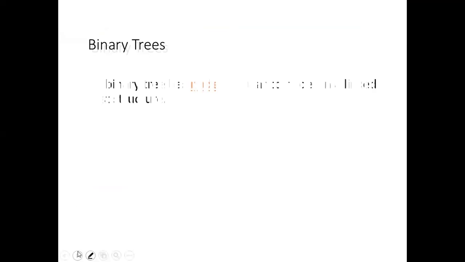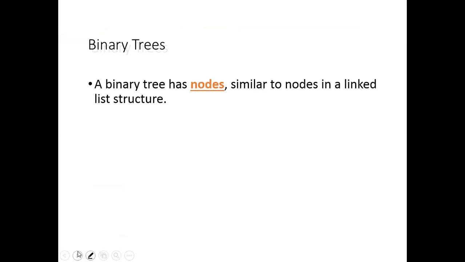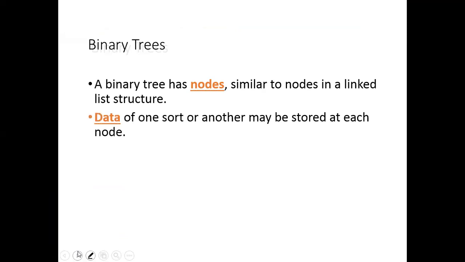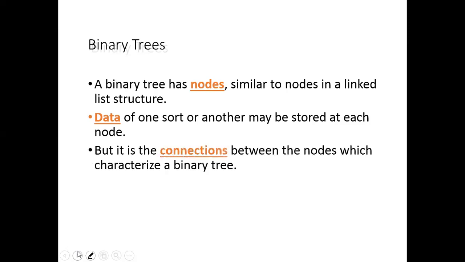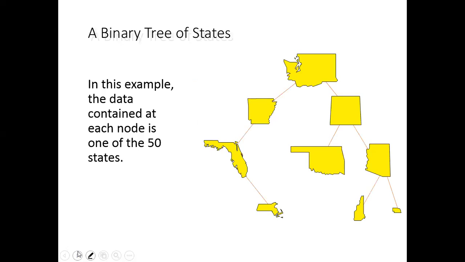Now we are going to see what is meant by a binary tree. A binary tree is a tree data structure similar to a linked list, and each node can have a maximum of only two nodes. That is, each node in the tree can have zero nodes, one node, or two nodes.